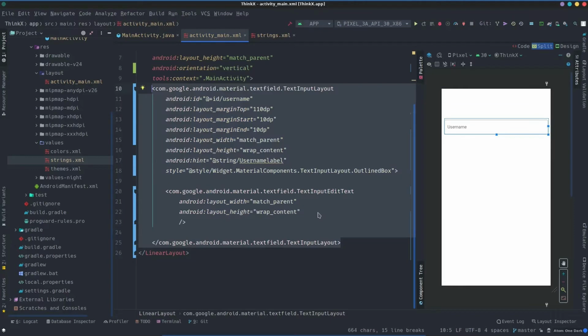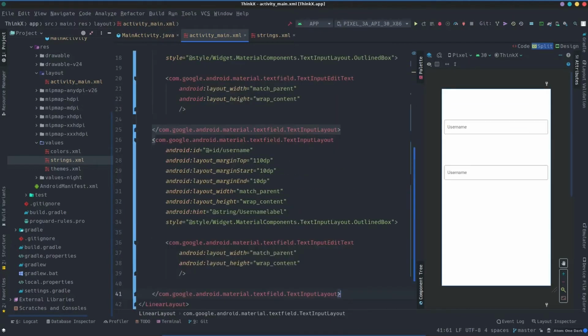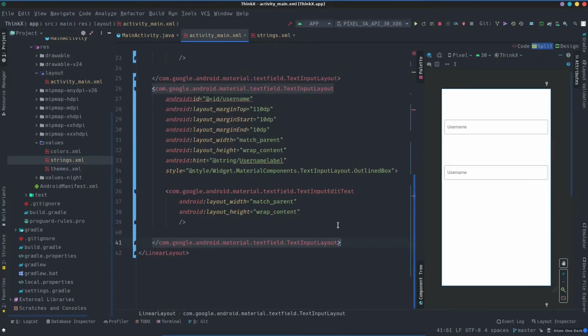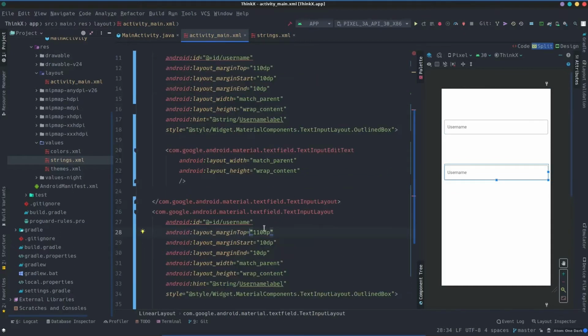I'm just going to copy this and paste it here. Right now you can see that it is actually leaving a lot of space here, and it is happening because we have set the margin top to 110 dp. So let's change it to 10 dp, right? So now you can see it is showing less margin,